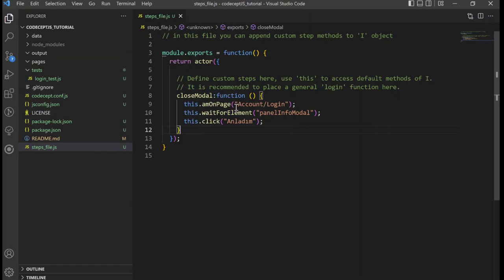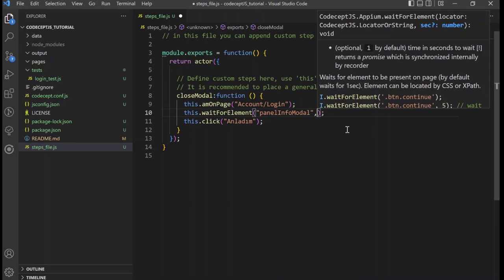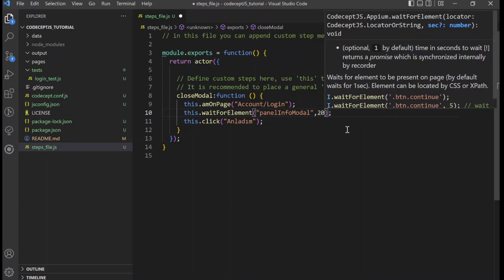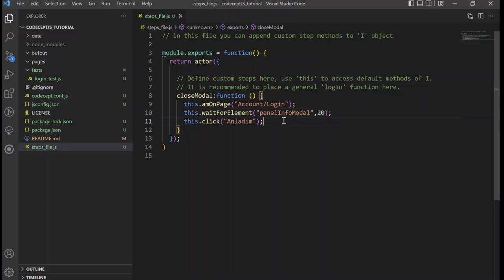I.amOnPage for navigation, waitForElement, waiting for a specific element in order not to crash our app. We can also give a specific time, how much time to wait. I will give 20 seconds. So for example, if the page loads in 5 seconds, 7 seconds or 19 seconds, my app won't crash. And don't forget to put a hash sign before each ID.